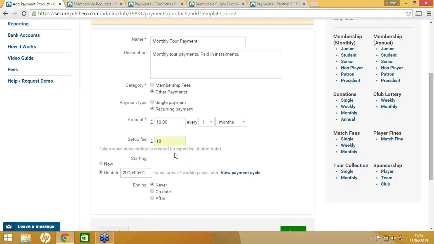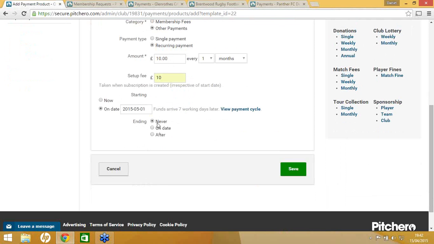That'll be processed straight away. So it'll arrive in the club's bank account in around 6 or 7 working days. But that first payment won't be processed until the 1st of May. Now the bottom options for ending, you can choose these payments to end never, which means the payments will run